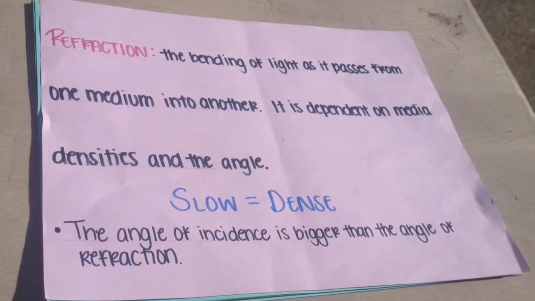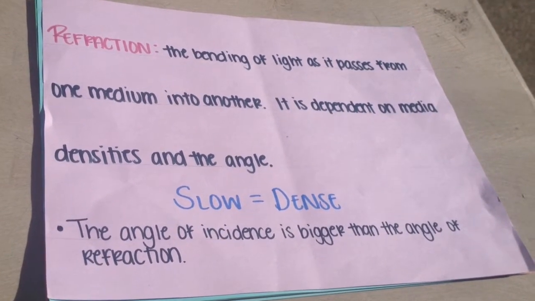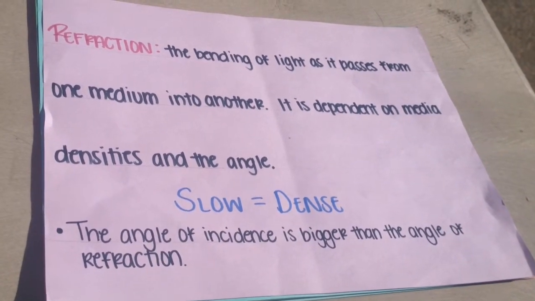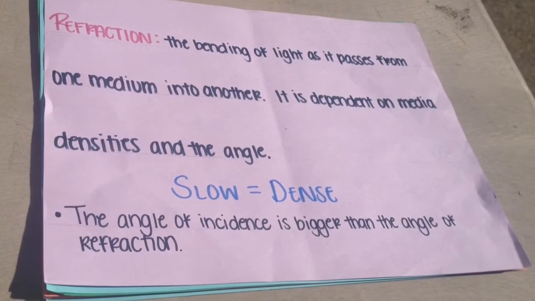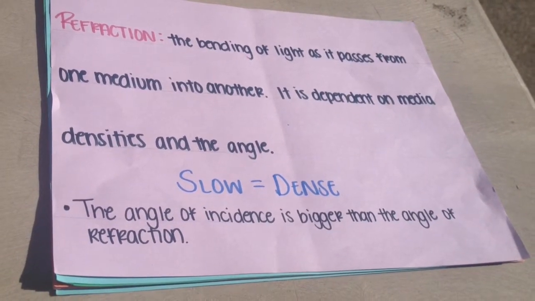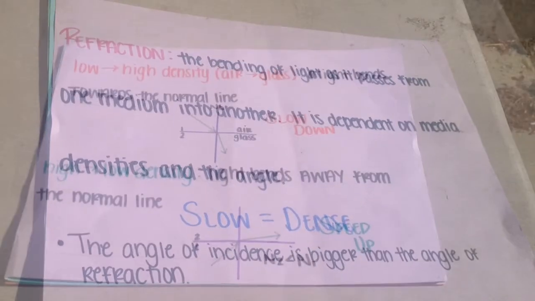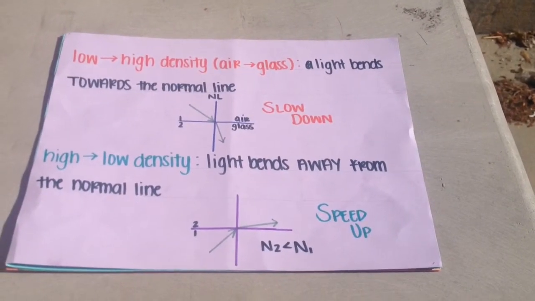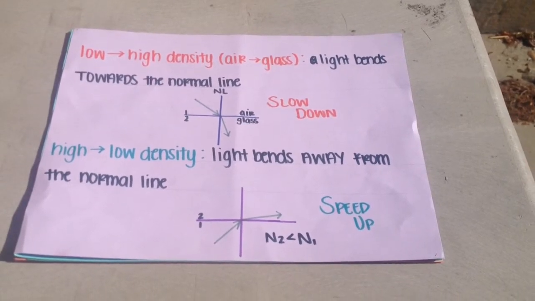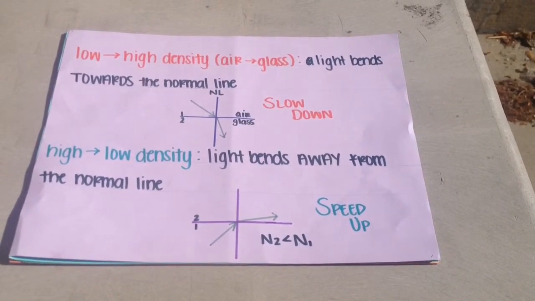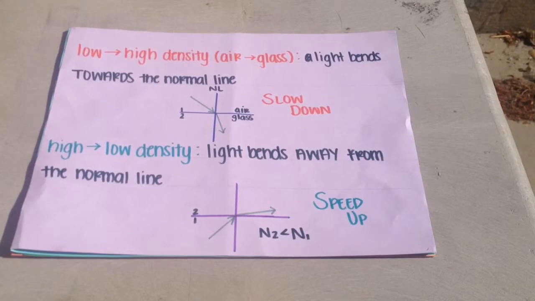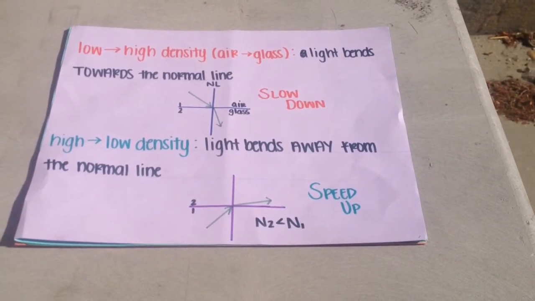When light passes through another object, the light will bend as it passes. This is called refraction. The slower or more bend the light experiences, the more dense the object is. The angle of incidence is bigger than the angle of refraction. When light travels from a low to high density object, the light bends towards the normal line and it slows down. When the light travels from a high to low density object, the light bends away from the normal line